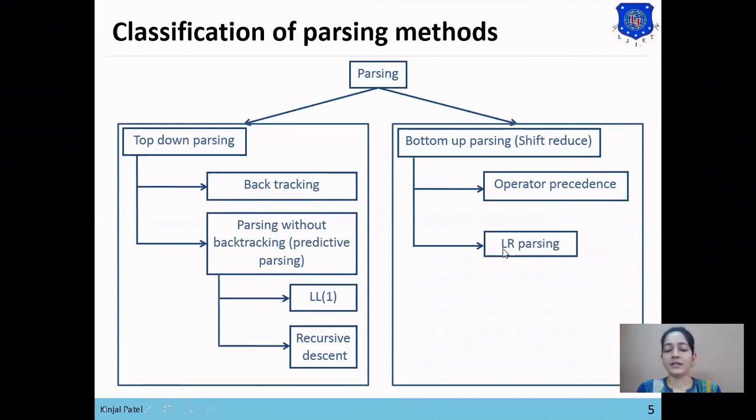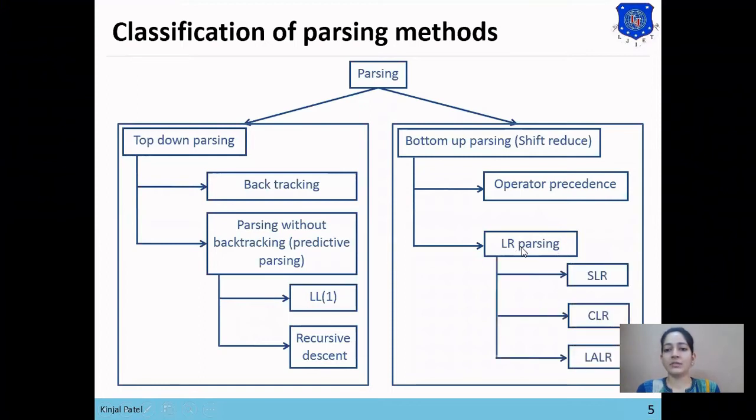In LR parsing, first L means left to right scanning and R means rightmost derivation in reverse. And there are three algorithms in LR parsing. First one is SLR, second one is CLR, and third one is LALR. So these are the methods in top-down parsing and bottom-up parsing.